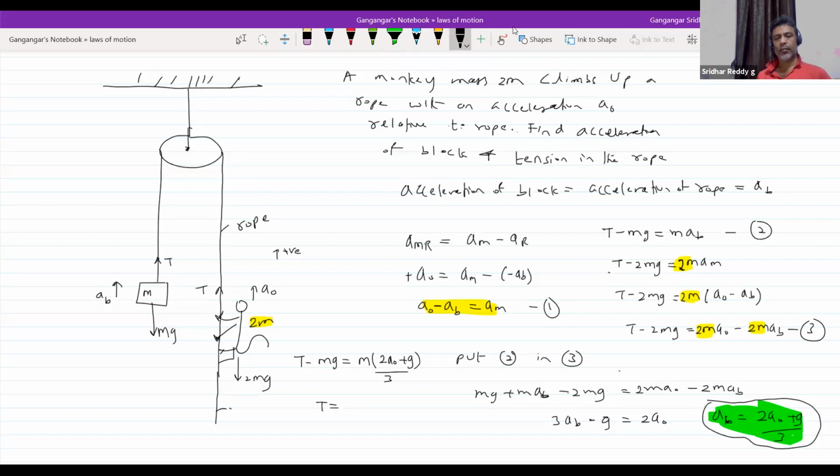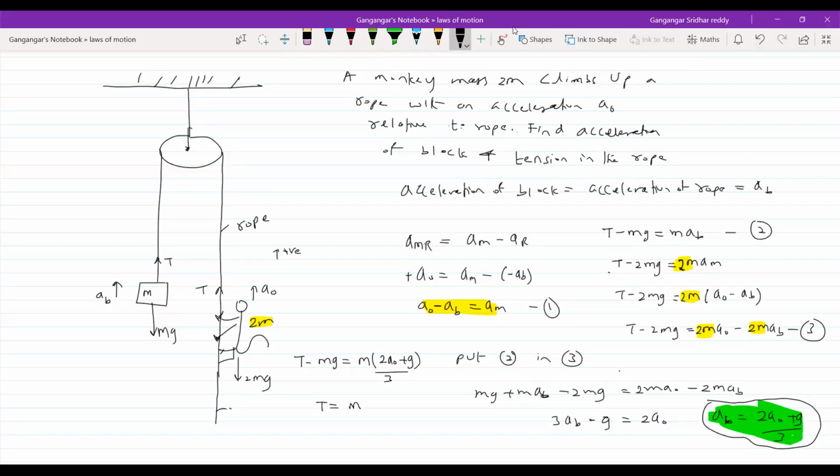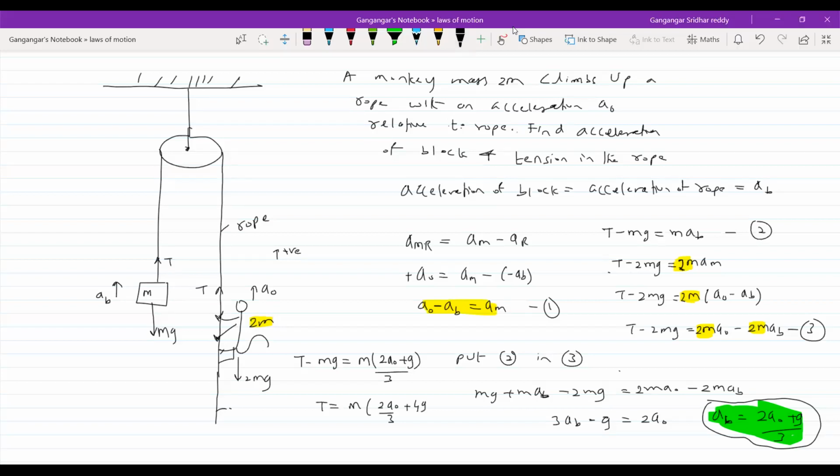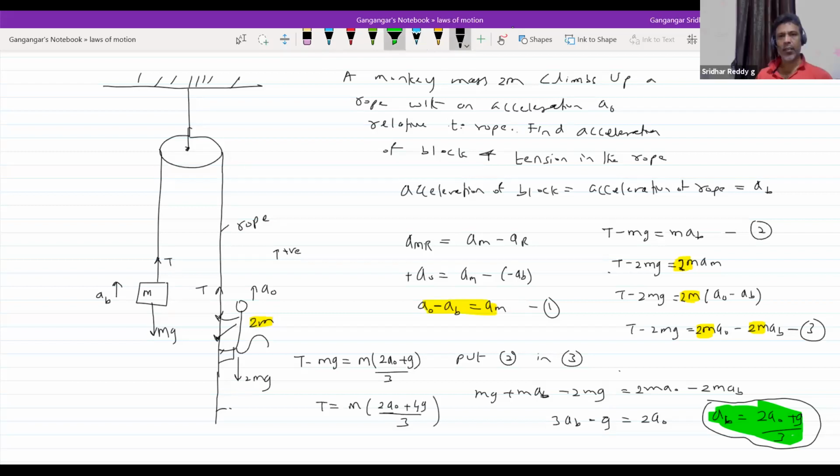Sir, 2 by 3 into MA naught plus 2G. 2A naught by 3 plus this will become 4G by 3. Yes, sir. Okay, sir. So this is the